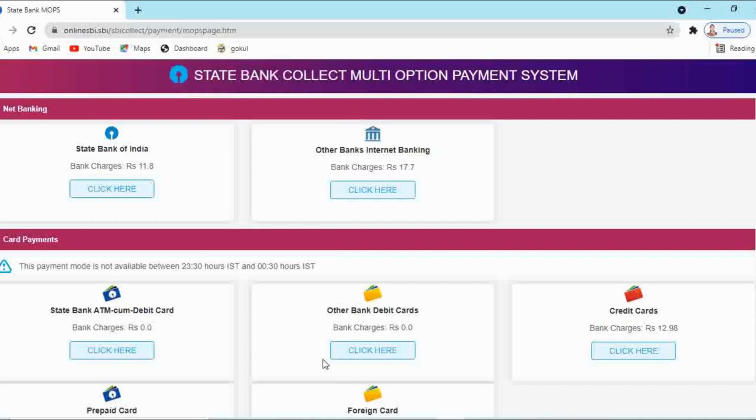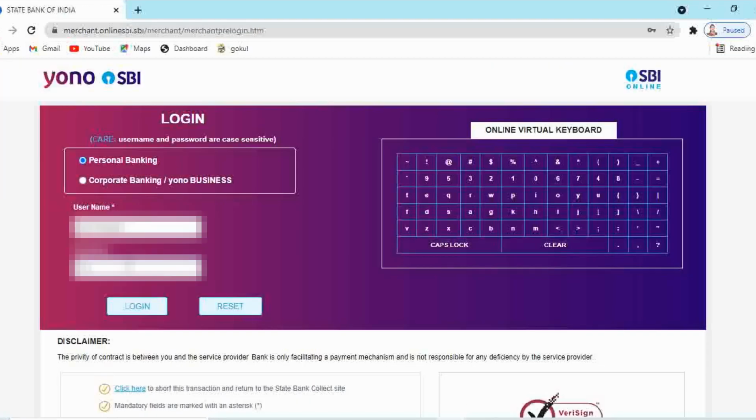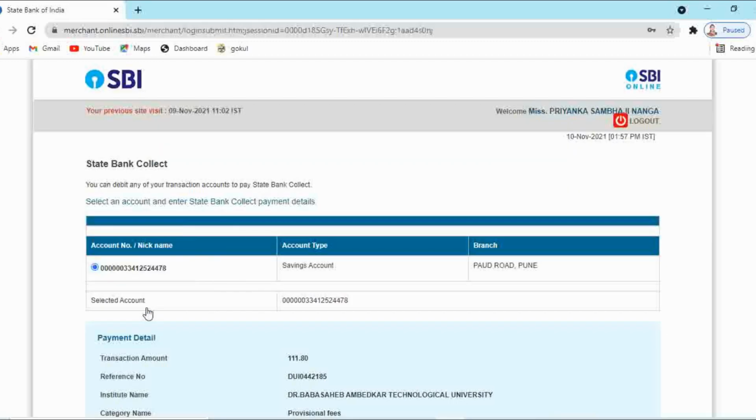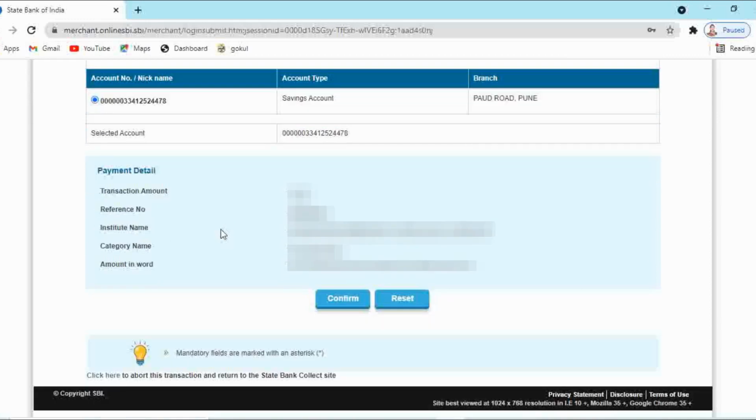Here different options are given for online payment. You can do the payment by using internet banking. Here I am selecting the State Bank of India. So here I have logged into my SBI internet banking.